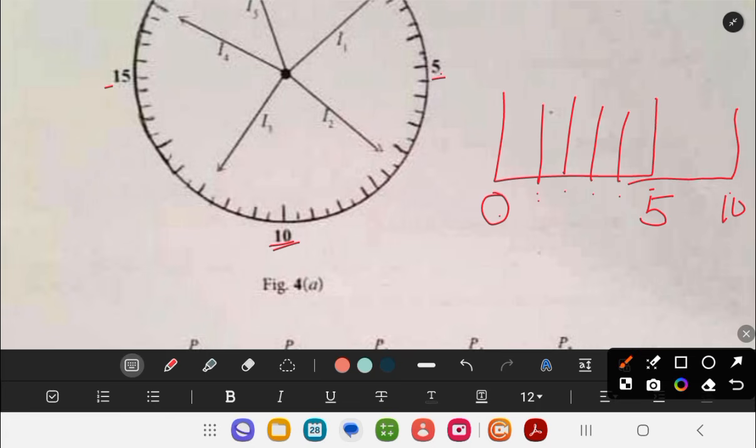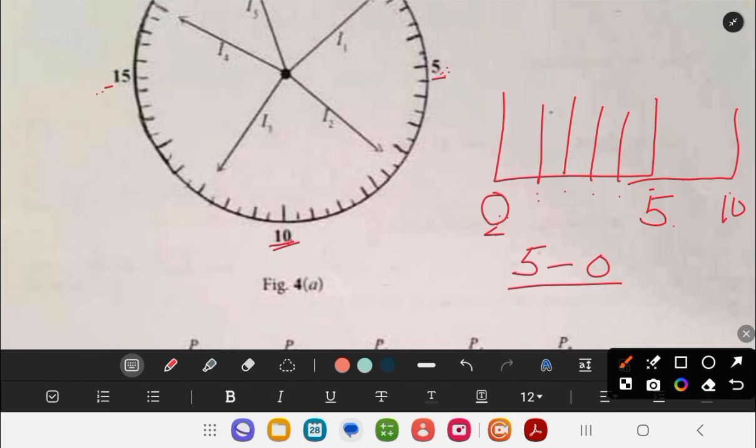So you can just pick 5 and 10 or 10 and 15. But don't pick 5 and 15 because it doesn't follow. 5 follows 10, 10 follows 15. So with what I have here, I'm going to pick 0 and 5. And then what you do is subtract the smallest from the biggest. So after you've picked the two consecutive readings, so 5 minus 0 over,